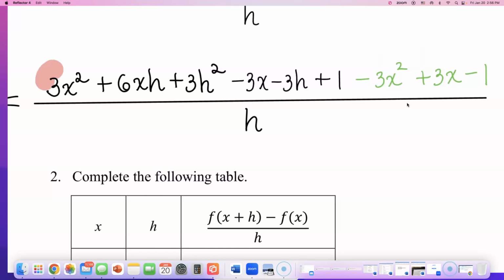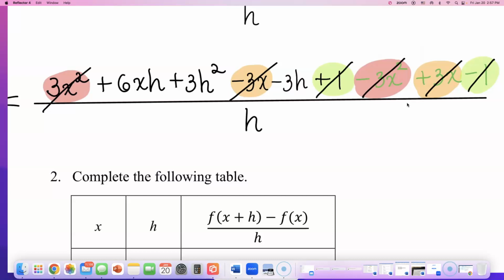Now, if we did this correctly, many terms will cancel out. So look, 3x squared and this negative 3x squared are opposite, so they're gone. There is negative 3x, but notice there is a positive 3x, so they cancel out. There is positive 1, and there's negative 1, so those two cancel out. So let's write down some leftovers. What's left? We still have 6xh